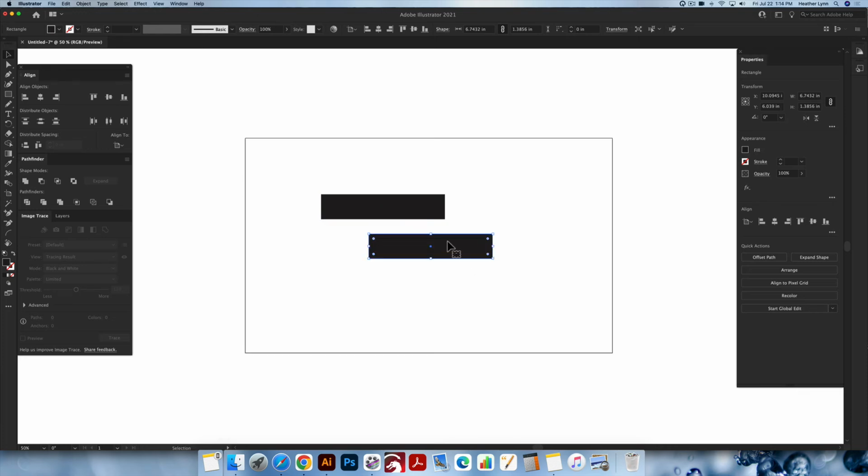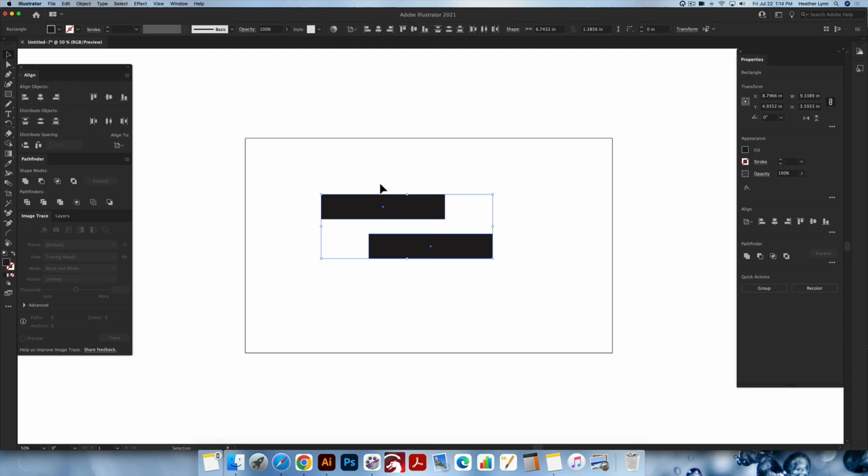Over here. Not in the same spot, which is not always bad. If you only need a second copy, it doesn't matter if it's directly on top. But if you were making a design where that box needs to stay exactly in place, using paste in front is the best option. Paste in place works well too, but sometimes if the object is already in the back and you paste in place, it'll be arranged wrong when you want to do a knockout or something like that. So I use paste in front all of the time just to make sure that it's always the top object